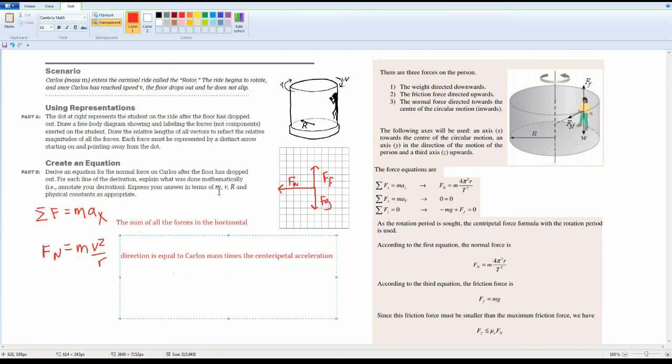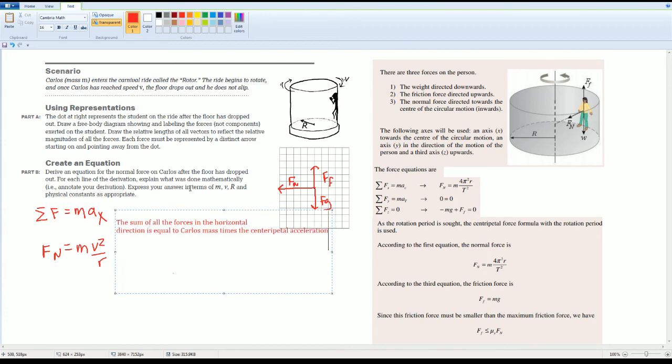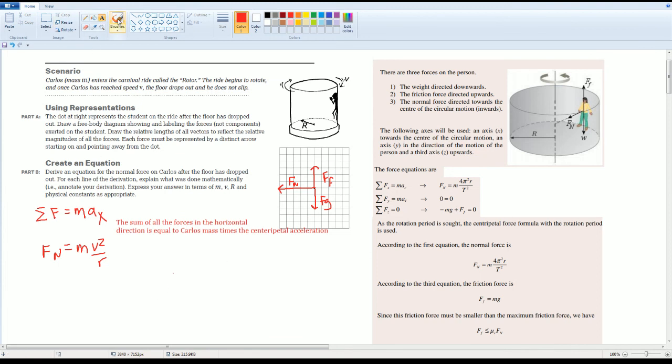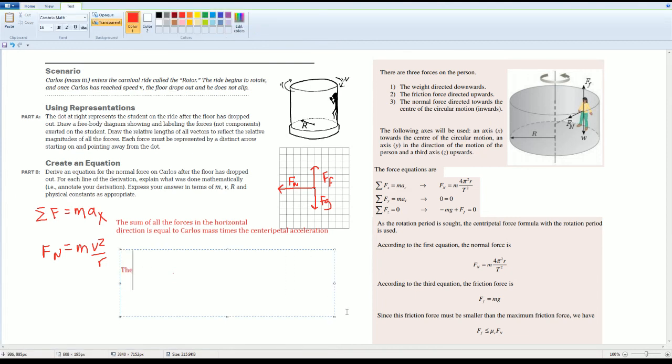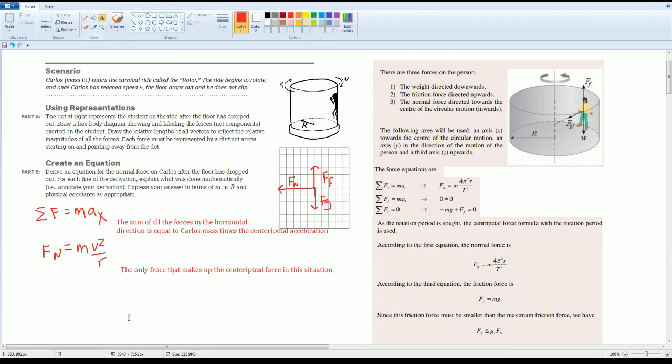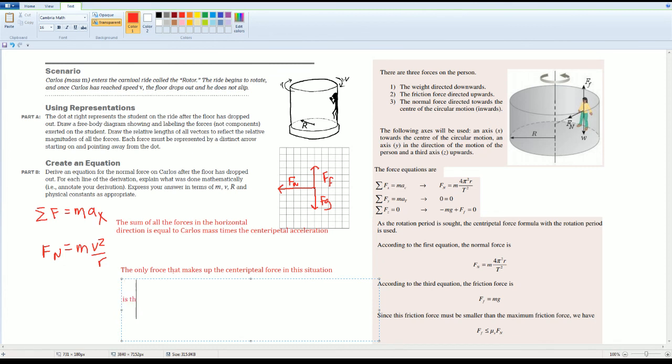Yep, centripetal acceleration. Okay, that's the first part. The second part is once you make that substitution, notice that the only force that makes up the centripetal force in this situation is the normal force from the wall